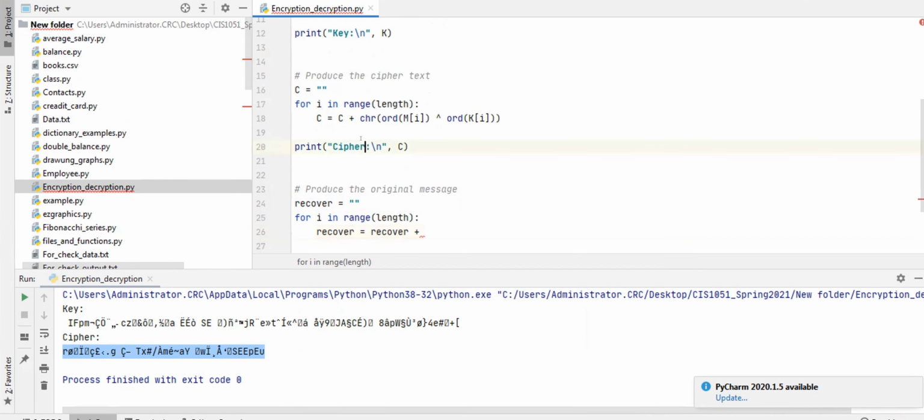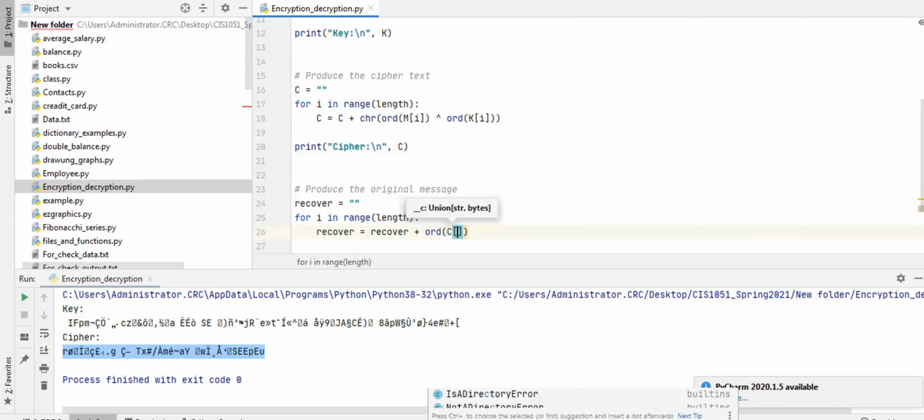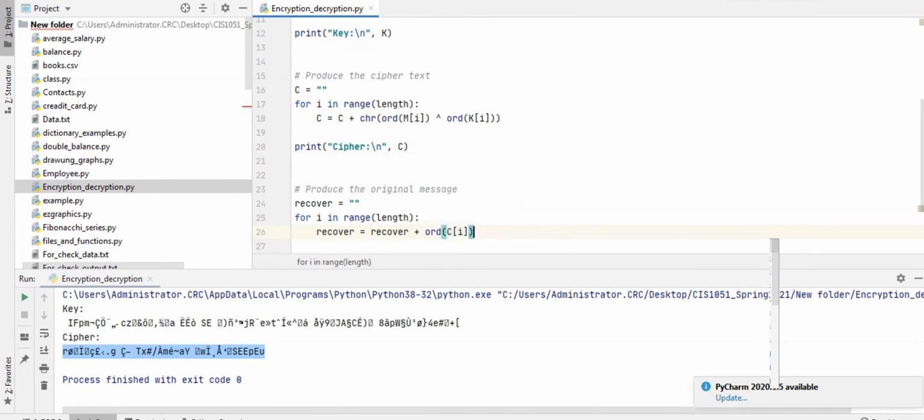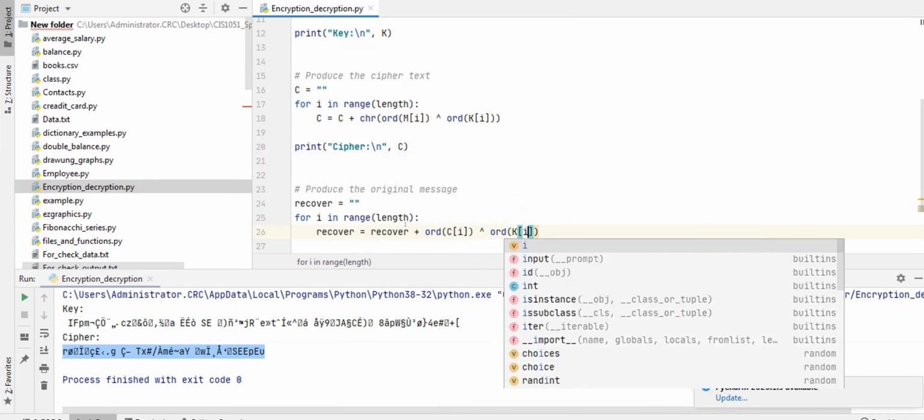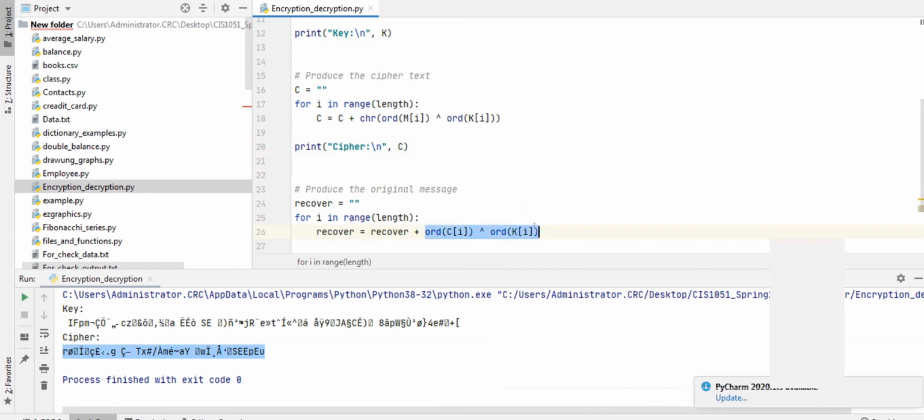this ciphertext is again in string or character format, and the key is also in character format. So I need to first convert them to the corresponding integer format. So ord of c[i] XOR ord of key[i], and this entire expression will return an integer. So I need to convert it to the corresponding character format before appending it to the recover text.